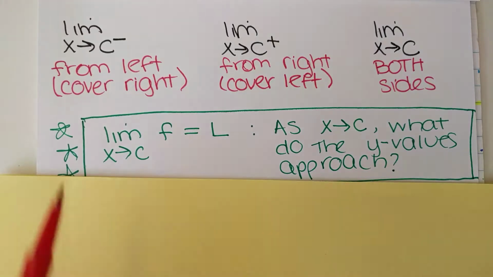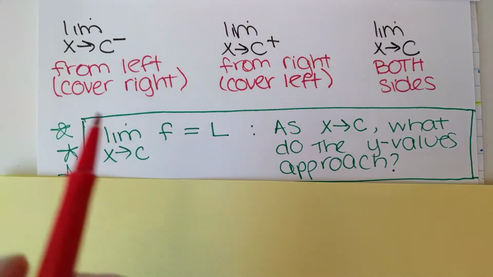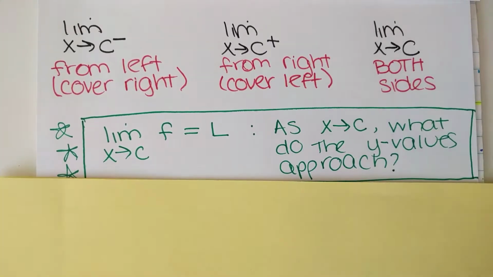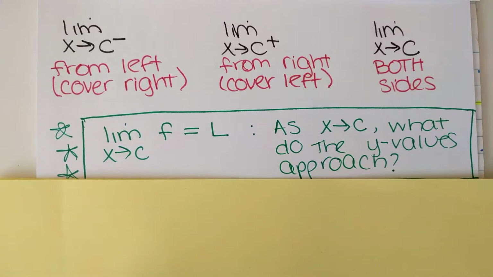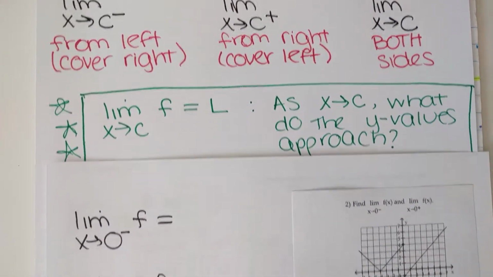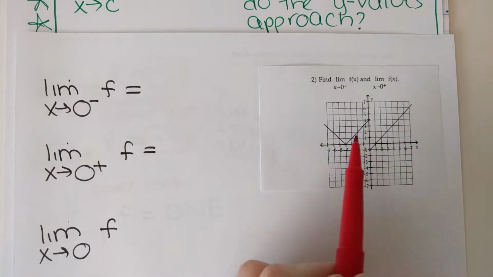Again, what we're talking about is limit from the left is the negative superscript, limit from the right a plus superscript, and then both sides is going to be no superscript at all. So when we're finding our limit, we're asking ourselves as x approaches c, what do those y values approach? All right, so if we look at this example here, we have another function, new graph,